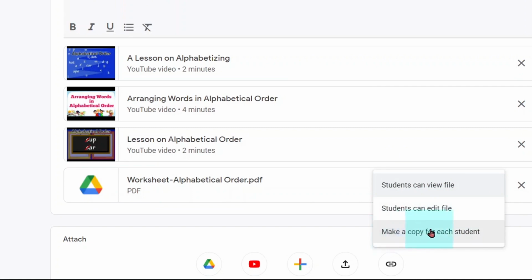Okay, or make a copy for each student. Which is the best? Let each student have their own file that will be their own copy to work on. Of course, if it is their own copy, they can edit it. So I would recommend you go with this,